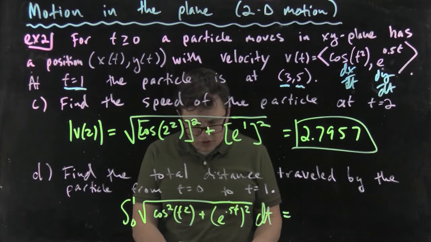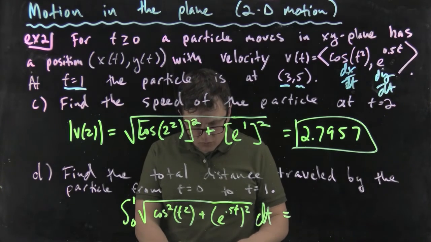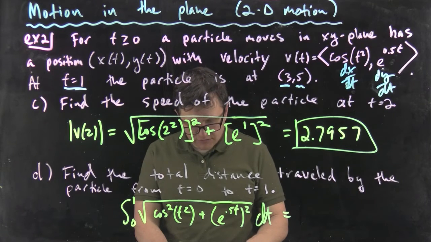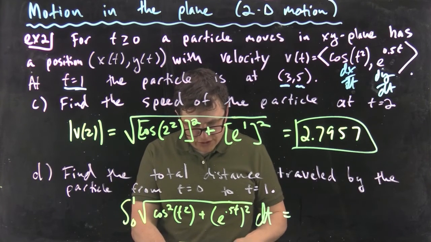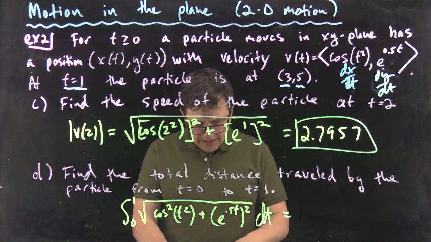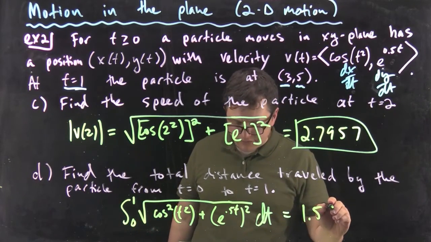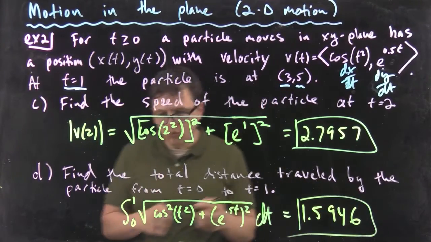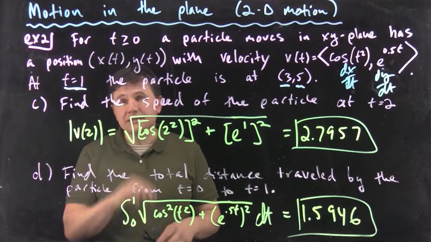And I would, once again, just advise you to use those vars, y bars, etc. So math 9, 0 to 1, square root, vars, y bars, function y1, squaring that, plus vars, y bars, function y2, square that, and there you go. 1.5946, and that would be the length of the curve from 0 to 1, which is also the total distance traveled by the object. Okay,